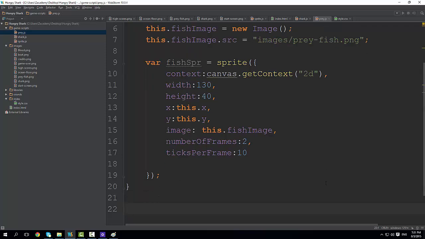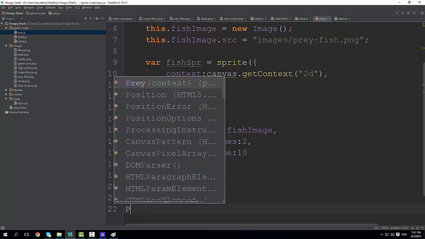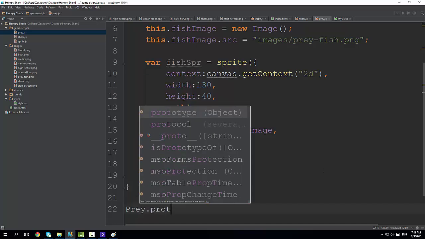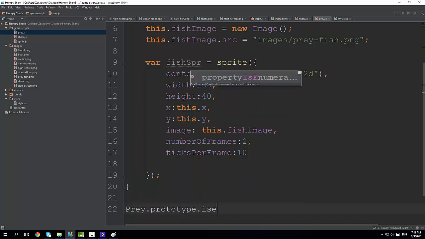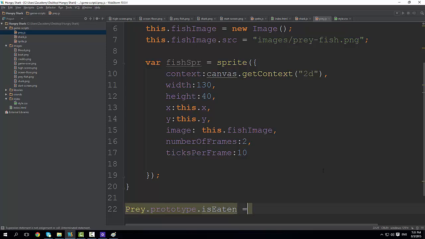Okay, so a couple of things here as well. We are going to have a method which is going to be isEaten for the fish, because if it's eaten, we want to draw the stained blood, we want to increase the score, and so on. So I'll put that here. So prey.prototype.isEaten equals function,